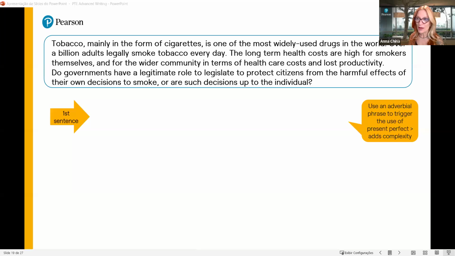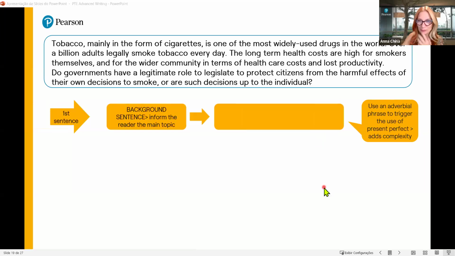So: "The rising number of deaths caused by tobacco use has become a serious cause of concern worldwide in recent years." Okay, Iqbal, it is a background sentence, but like I said, I propose an adverbial clause, because the adverbial clause and the present perfect will add complexity. It's kind of a formula, right? It's a little formula. So, for example,